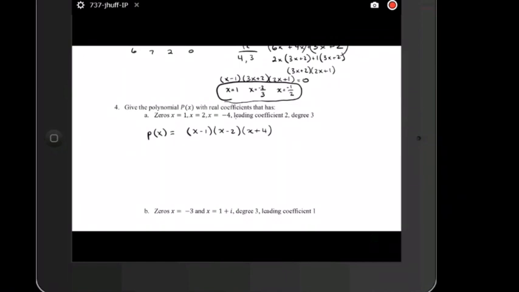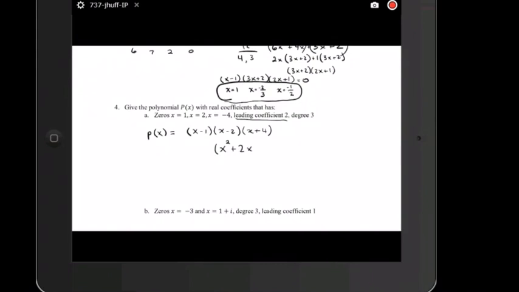And then we'll deal with the leading coefficient of 2 at the end, once we've multiplied these 3 together. What we just need to do is multiply by 2 at the end. So we would need to multiply all 3 of these factors together, and you can do this in any order. I'm going to do the last 2, multiply those two. So x minus 2 multiplied by x plus 4, we're going to have x squared